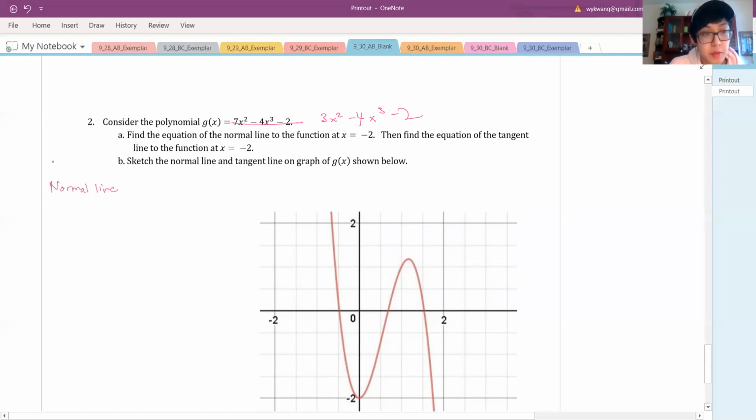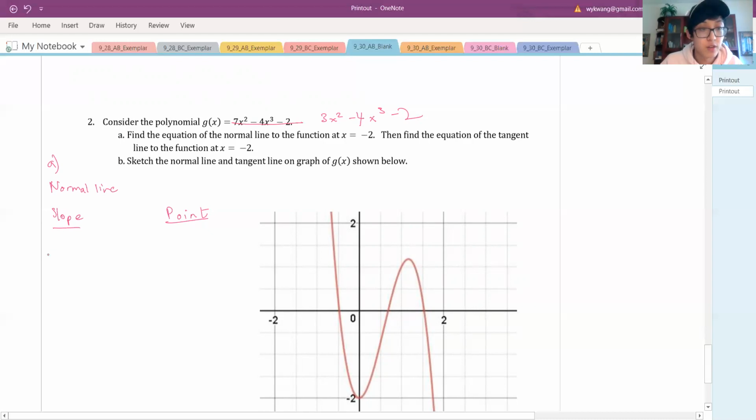This is part A. So part A, we want to find the normal line. The normal line means the line is perpendicular, right? So first, how am I going to find that? Let's first find the slope and the point. We're trying to use this to get point slope form. Well, the slope of the normal line is going to be the negative reciprocal of the slope of the tangent line. So we're going to first find the slope of the tangent line,